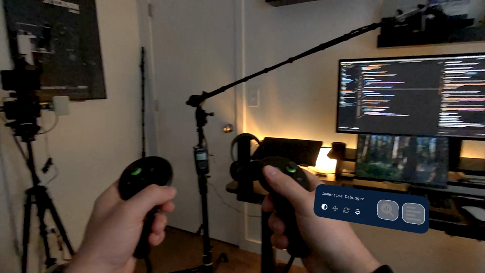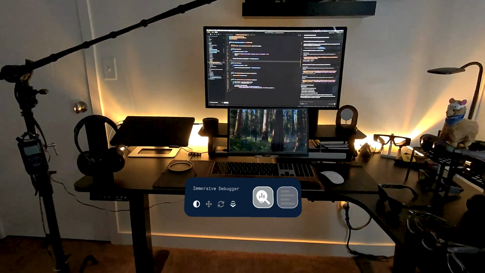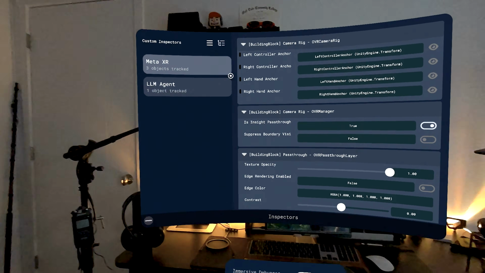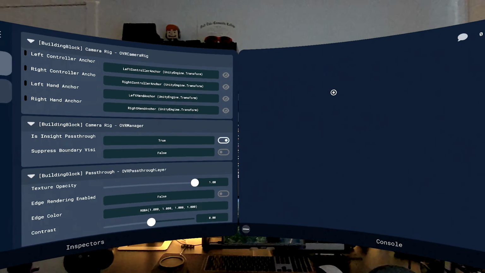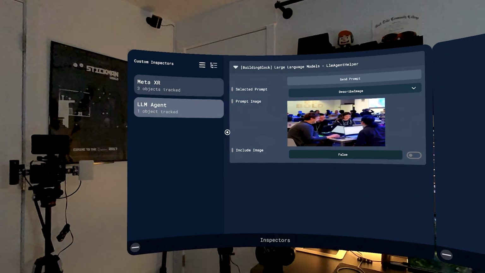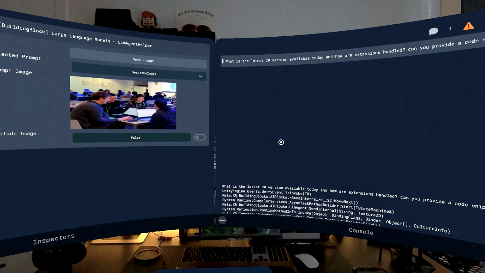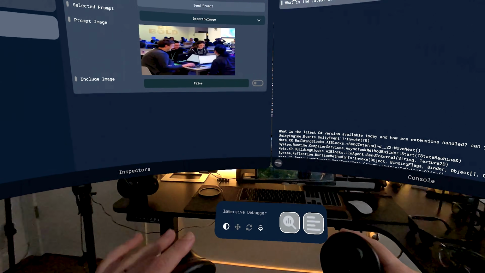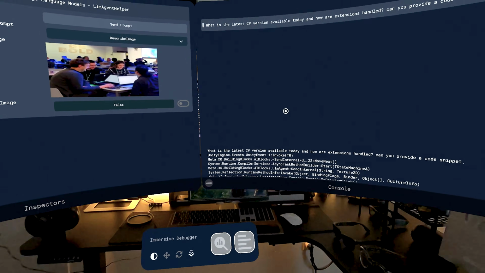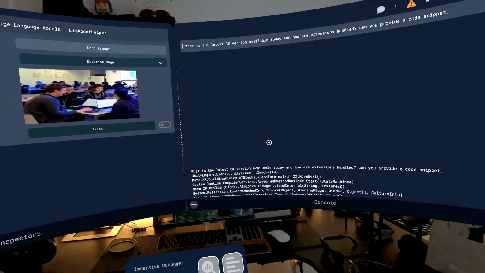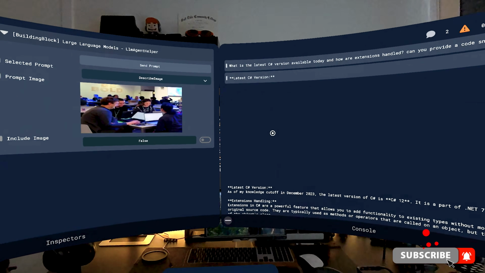All right, so it looks like we have pass-through functionality working just fine. So let's go ahead and bring in the Immersive Debugger windows. It's going to be the custom inspector, and then let's also do the console. We're going to do the same thing and empty all the different logs, go into LLM agent, and in this case, I'm going to go ahead and do send prompt. And there are really no changes in here. It's going to be exactly what we ran before. I just wanted to show you that we could also use pass-through, which we're going to need for the following demos where we're going to be getting information from the real camera and then getting additional details from what we're seeing